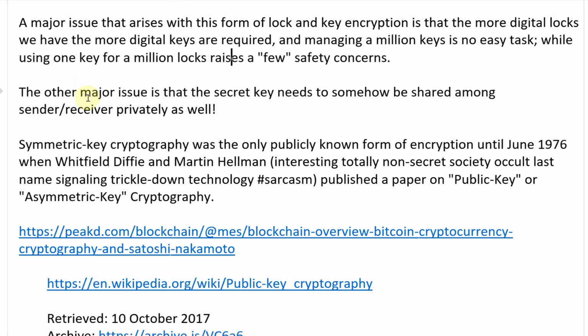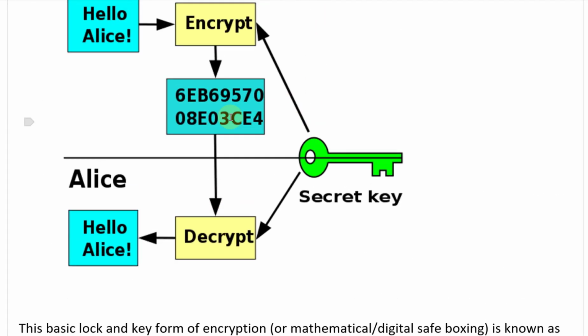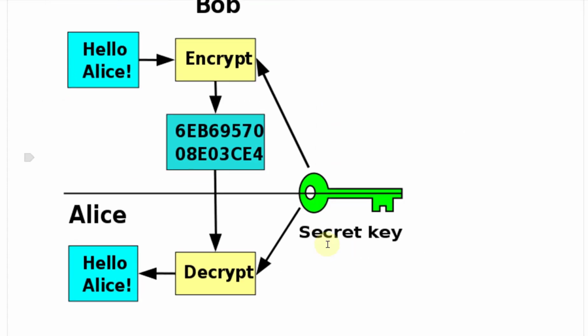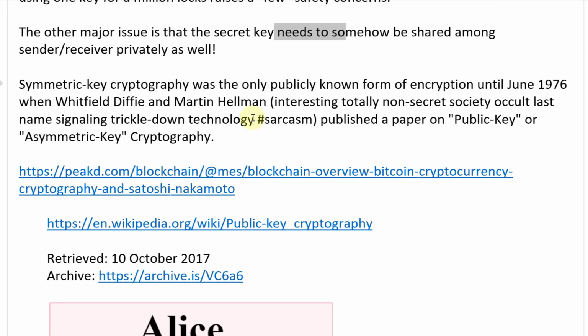The other major issue is that the secret key needs to somehow be shared privately amongst the sender and receiver as well. And again, we're in the digital world, so if we have this encrypted but the key's not, how are we going to send that key? So that's another issue. Symmetric key cryptography was the only publicly known form of encryption until June 1976, when